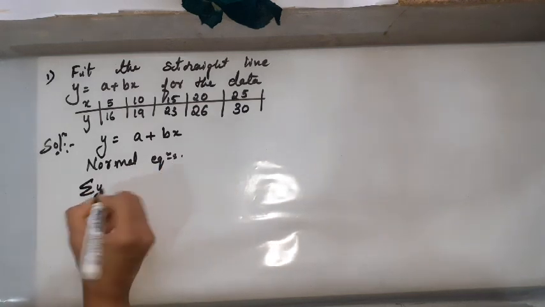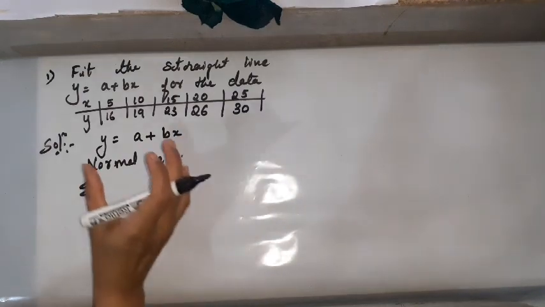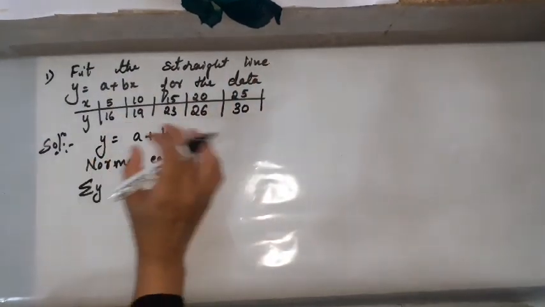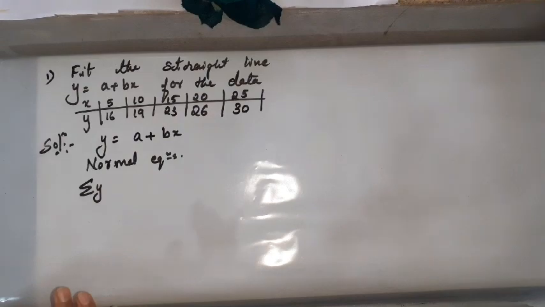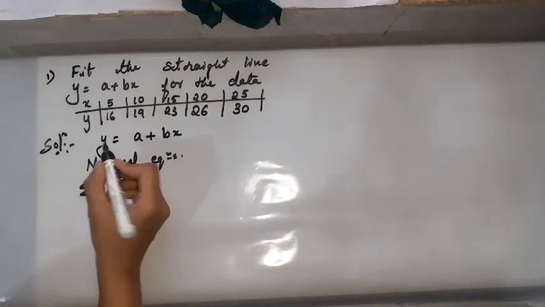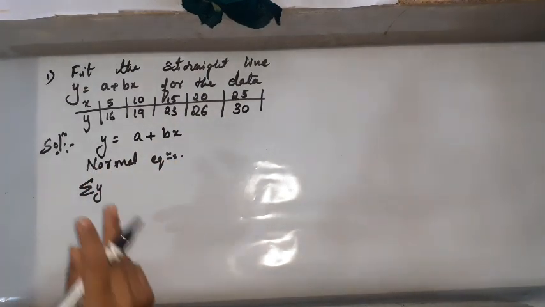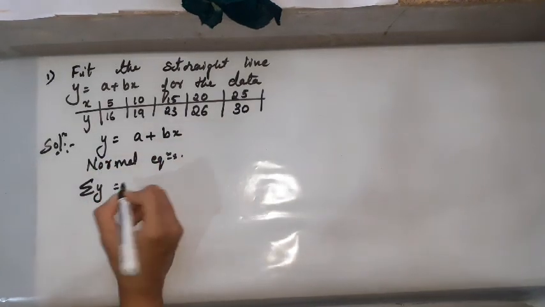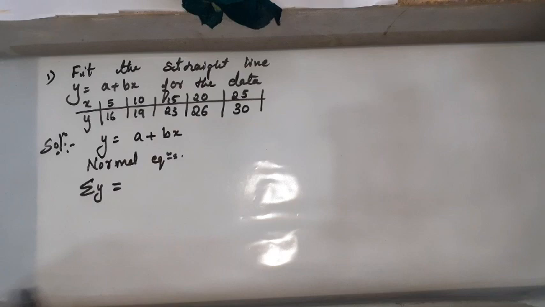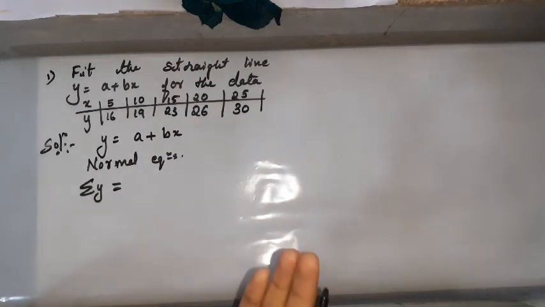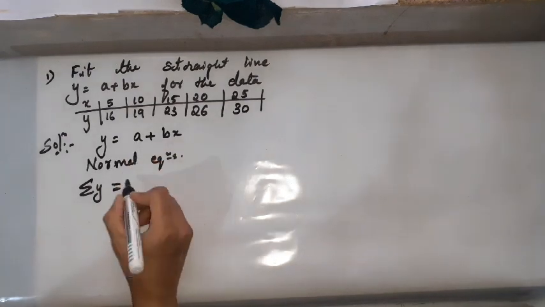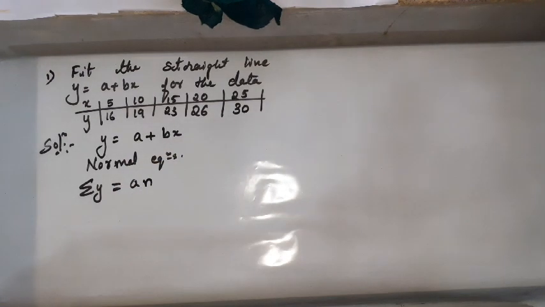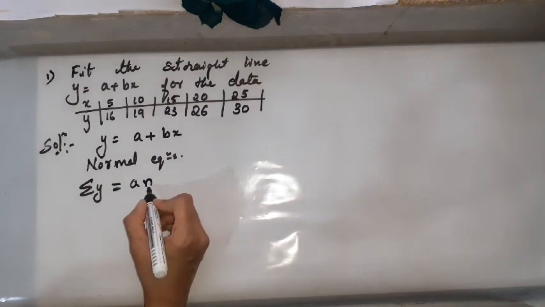It is summation y. First directly take the summation. As soon as the problem is given to you, take the given equation and proceed to the normal equations. This should be your first step. So how do you write the normal equations? I have already told you, you are going to take summation on both the sides. So it will be summation y is equal to, a is constant here. So whenever it comes to a constant, just remember one thing, you attach n to it. And what is n? n will be the number of points. So a into n, because here n is representing the number of points.